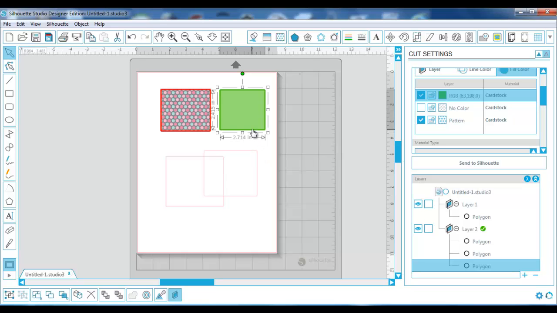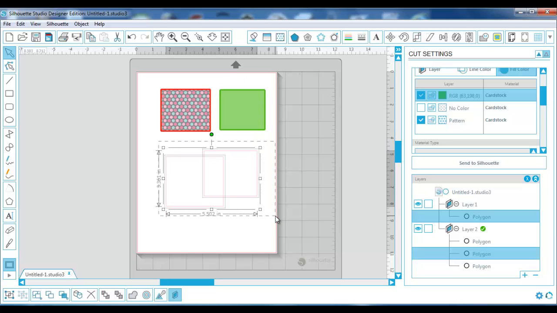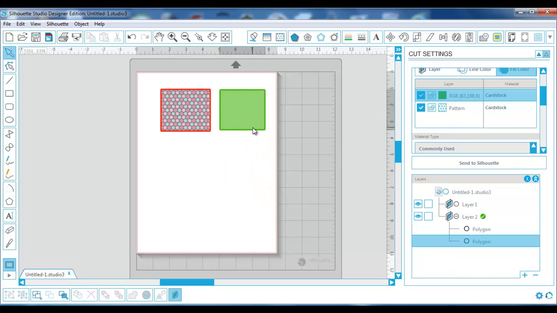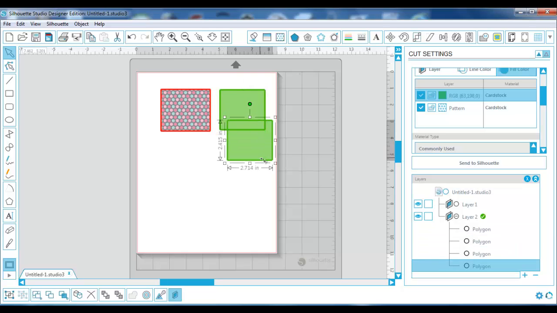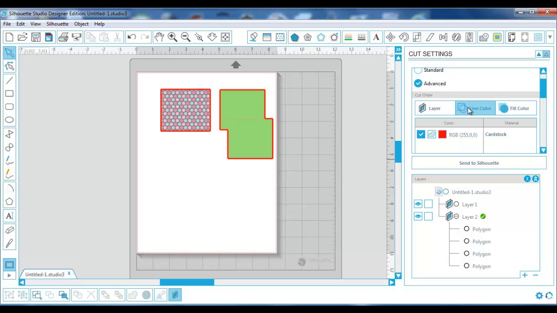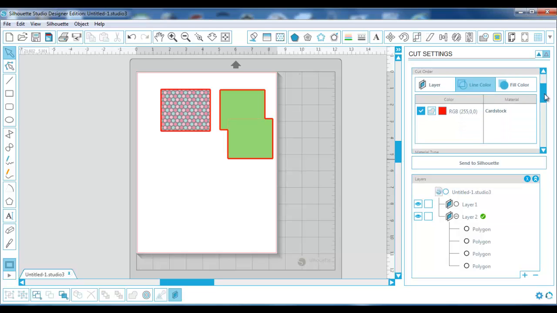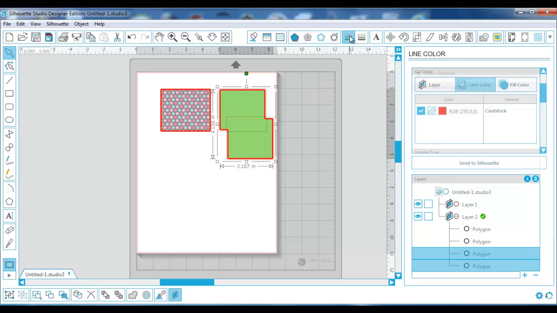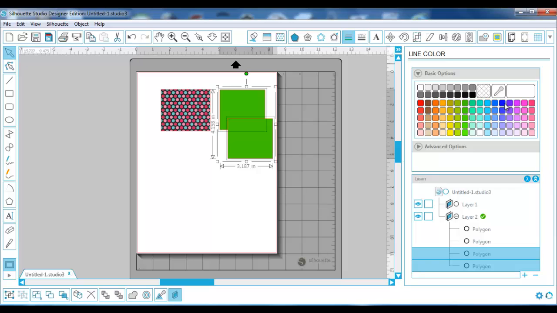Now the other thing, let me go ahead and delete these out. I'm going to control click to duplicate this and show you again that I have these overlapping, and if I click this little icon here, there we go. It's going to cut the edge of that. Now if I go by line color, you can see all my lines are red. If I wanted to change the line color, I'm going to hold my shift key down and I'm going to go in here and change the line color to a blue,